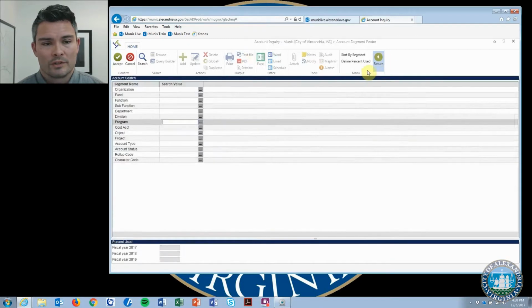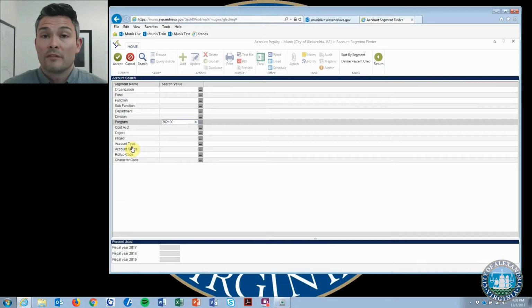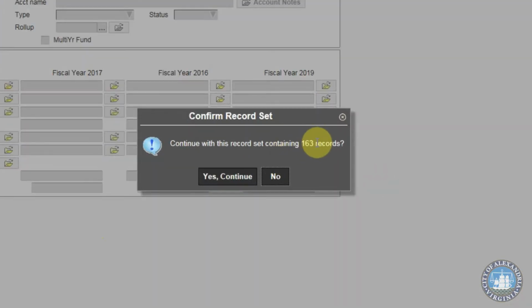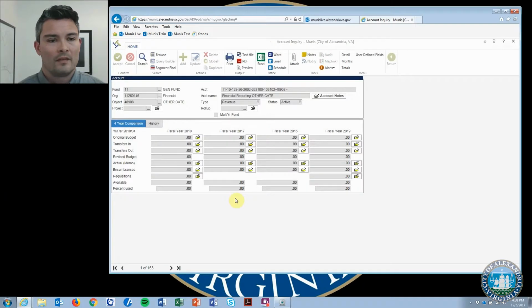So if I hit return here, and let me search for, how about accounting? This might be helpful because in the finance department, our accounting program is actually 3 different orgs. It's financial reporting, it's payroll, and it's general accounting all together. And so if I wanted to grab all of those accounts at once, I could search by this program. So I'll just hit accept. And Munis is saying, hey, this is kind of a lot of accounts. Is that what you want? I'll say yes. And then it will return all 163 org object combinations that made up that search,